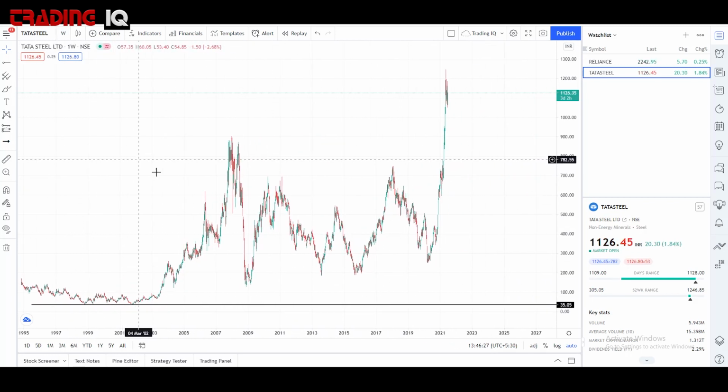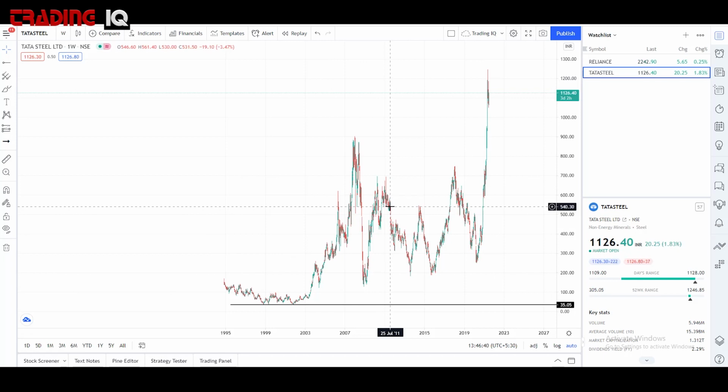If anyhow, and I hope it does not, because there'll be mayhem, price went below this support level from 1,000 to 35, that means we have some big troubles in the whole world, because it's Tata Steel. So let's hope that won't happen, but anything can happen in the market. This is a support zone that was created back in 2001 and 2002, and it never reached that level. But in its journey, it created a lot of support and resistance zones.